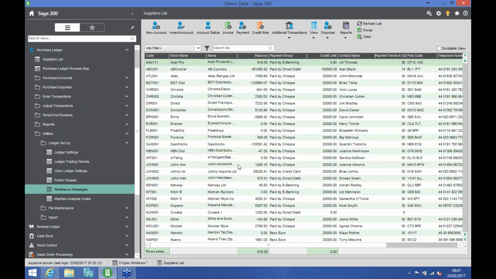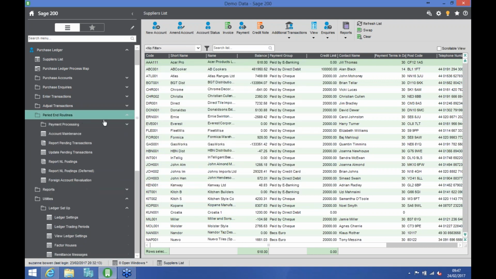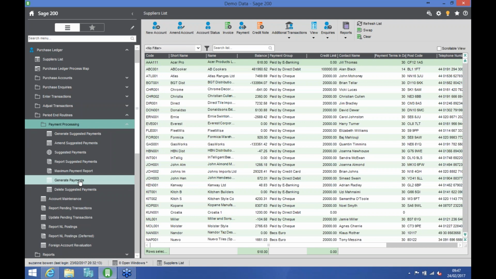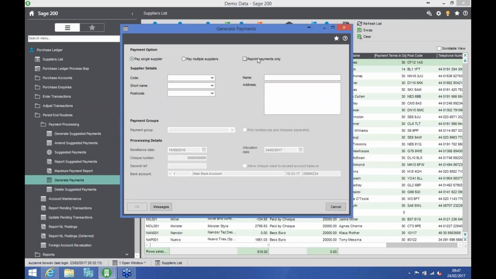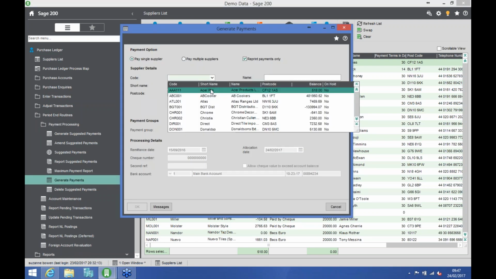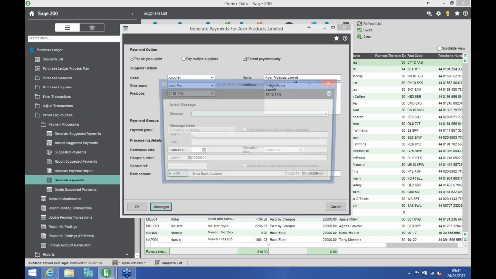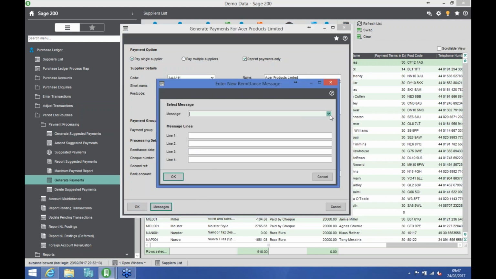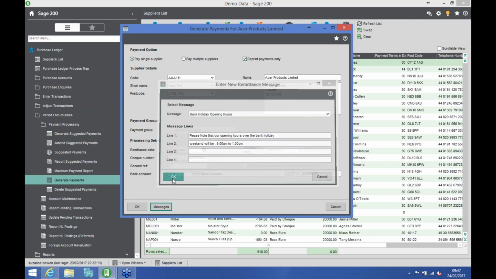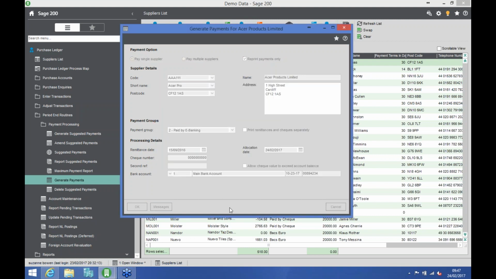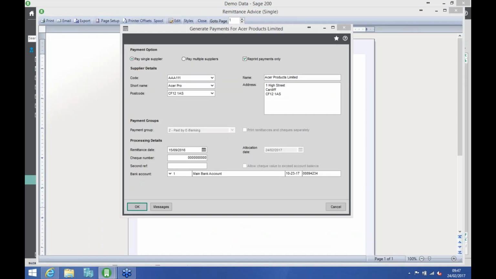Okay, if I close that. So now if I go back into my payment process, and again I'm just going to reprint that remittance advice for that supplier. But this time I select messages and I select which message I would like to be printed on my remittance advice. I say OK to that. So now when I reprint my remittance advice,